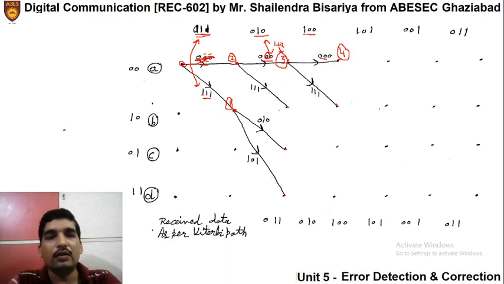Okay. Similarly, if I follow this path, here the output is 1 1 1, and I have seen that 1 1 1 and 0 1 1, the Hamming distance is 1. So proceeding further through this path, I say that it is 0 1 0 output, while 0 1 0 output was received, so Hamming distance is 0. So Hamming distance is 0 here, means 0 plus the previous Hamming distance 1 will give me Hamming distance 1 here.